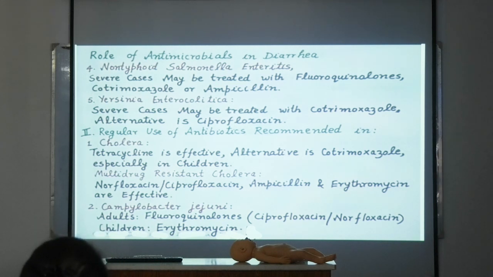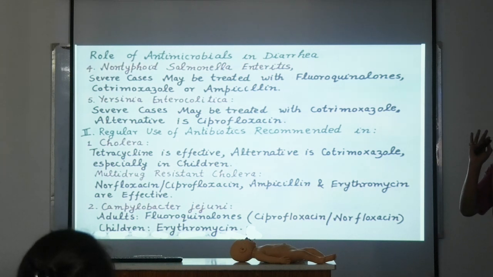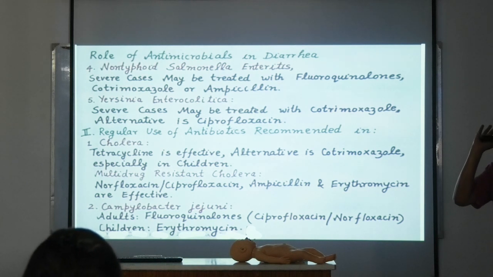Otherwise it is self limiting, we will only provide symptomatic support. But regular use of antibiotic is recommended in number 1 cholera. সবাই শুনেছিস কলেরার কথা। কলেরা যদি হয়, কলেরা ইজ ভেরি সিভিয়ার টাইপ অফ ওয়াটারি ডায়রিয়া, ডিহাইড্রেশনে মরে যাবে যতই জল যাই করিস, খুব মুশকিল। অ্যান্টিবায়োটিকের আগে এরায় কলেরায় বাঁচানো মুশকিল হতো। ওআরএস এর কনসেপ্ট এলো, আইভি ফ্লুইড এর কনসেপ্ট এলো, কলেরায় ডেথ কমলো, তারপরে অ্যান্টিবায়োটিক আসার পর কলেরায় ডেথ আরো কমলো। কি অ্যান্টিবায়োটিক দেওয়া হয় কলেরায়? টেট্রাসাইক্লিন।